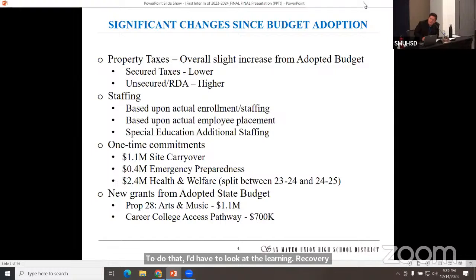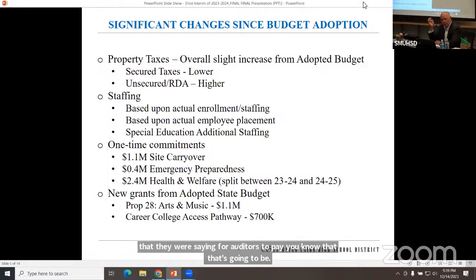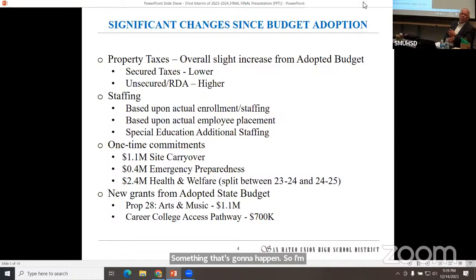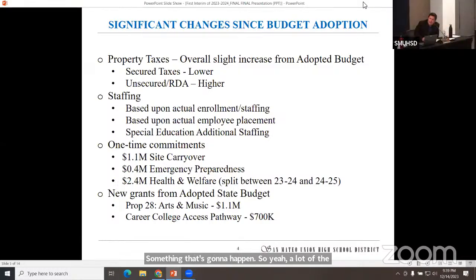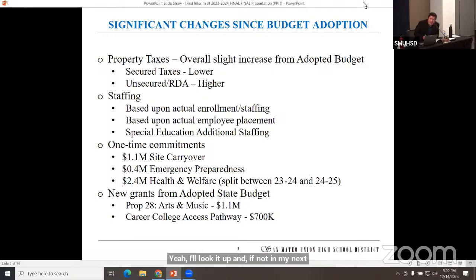Yeah, I was in a class, and they were saying that for auditors, that's going to be something that's going to happen. Yeah, a lot of the COVID funds were pretty broad in terms of the allowable uses. I hadn't heard of emergency preparedness, but that would be terrific. Yeah, if you all could let us know. Great. I'll look it up, and if not in my next weekly, the one after that. Great. All right, moving on